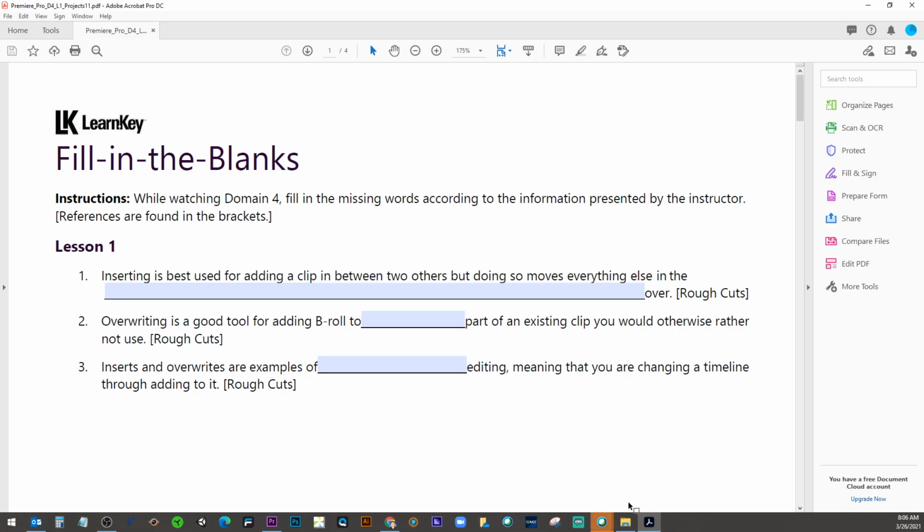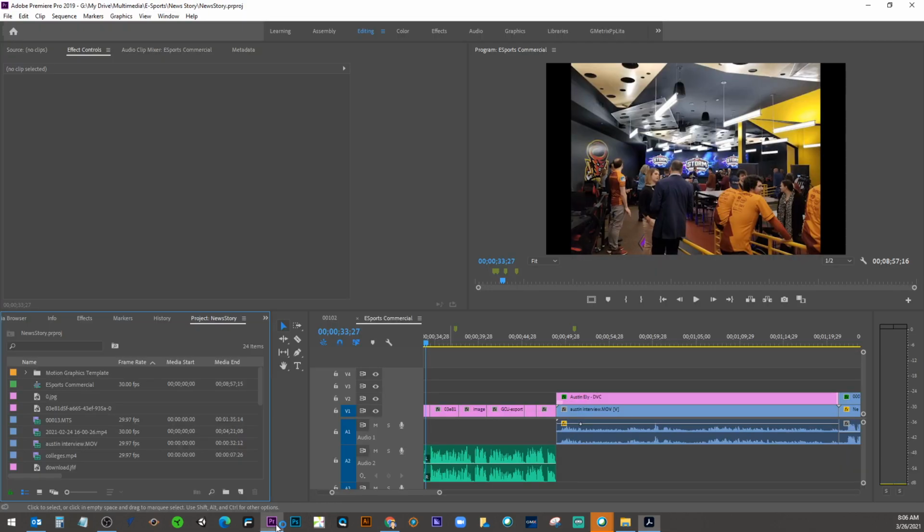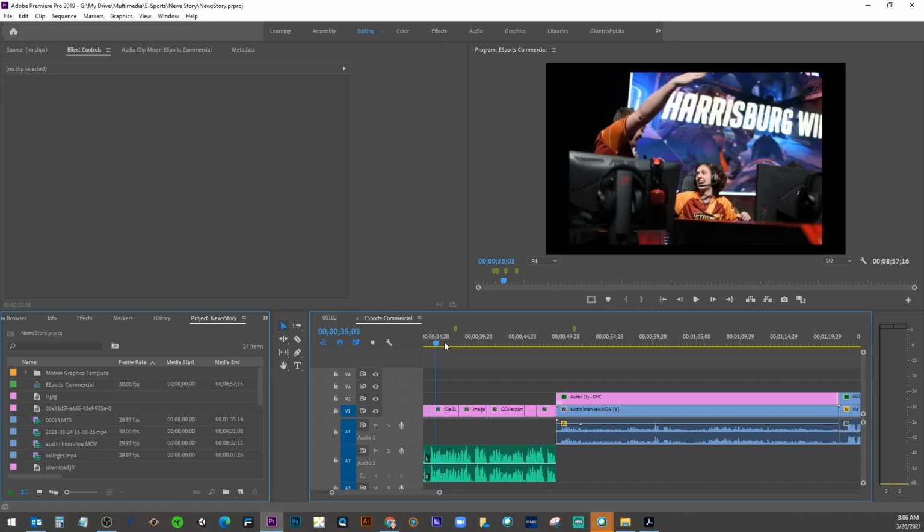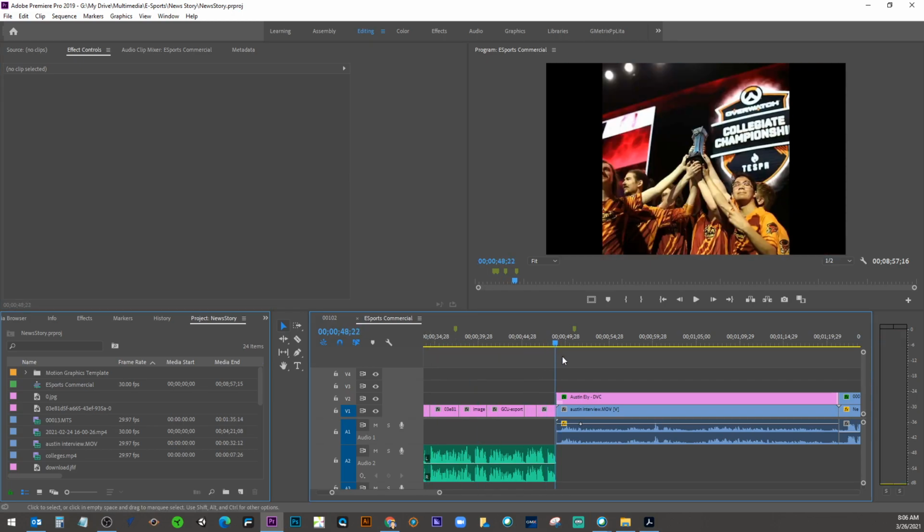Domain 4, as we've been working on this week. So the first one they talk about here is inserting, which is best used for adding a clip in between two others, but doing so moves everything else in the timeline over. Alright, so when they're talking about that in Premiere, if we wanted to put a clip like right here, instead